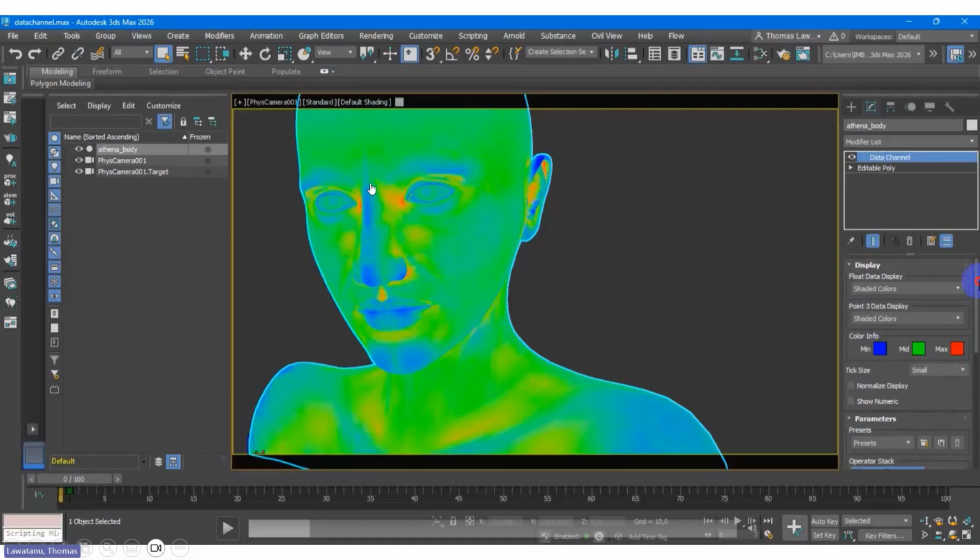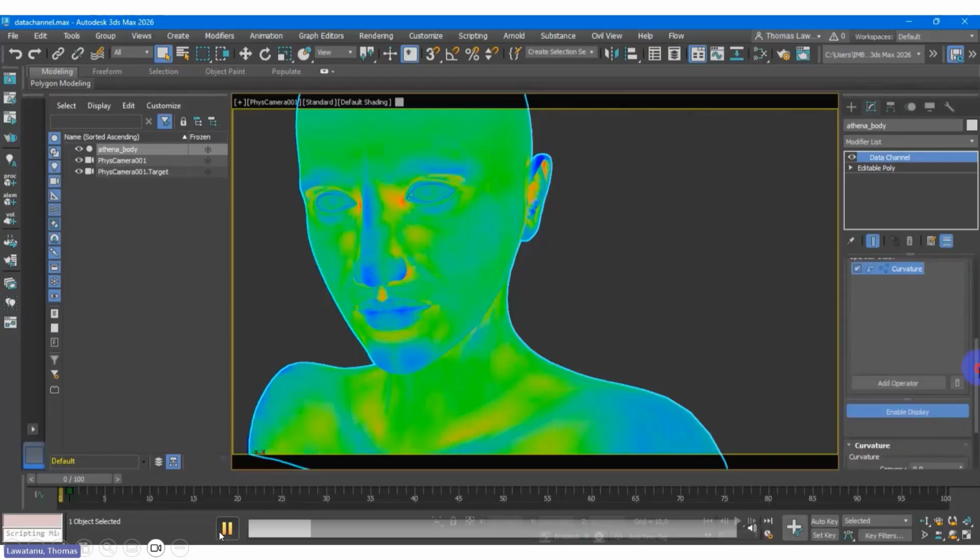Let's say the minimum is around the middle, around the nose, and around the eyes, brow, mouth and chin. This is the area we need to mark. This data will be brought to the shading network, the material editor. That's why we need to define it.